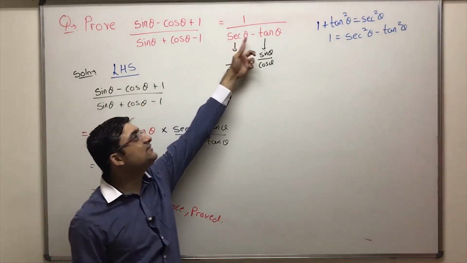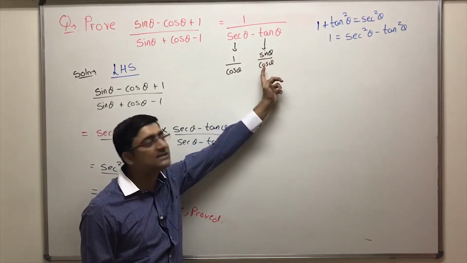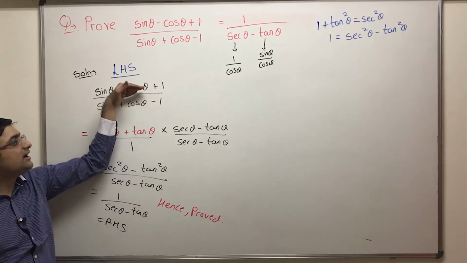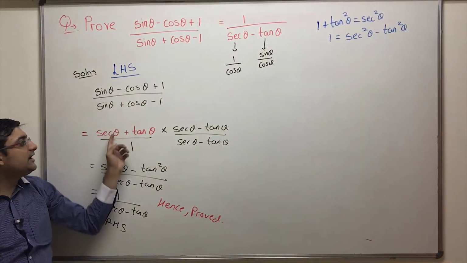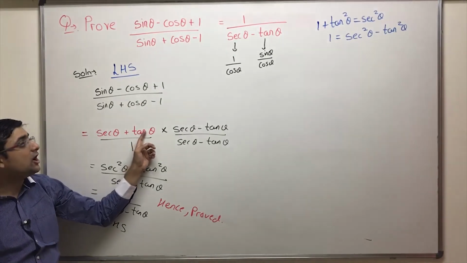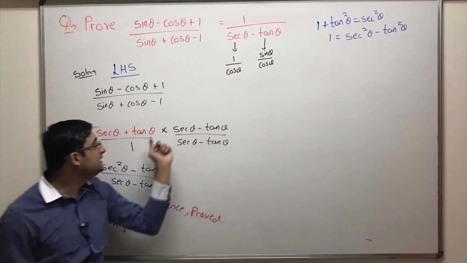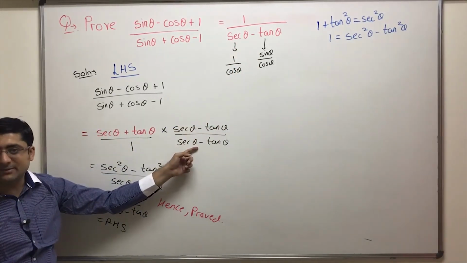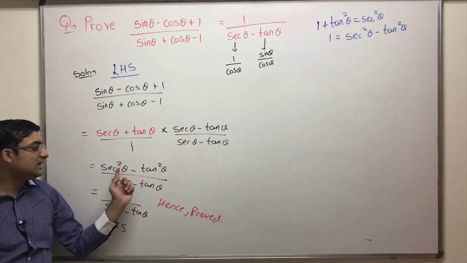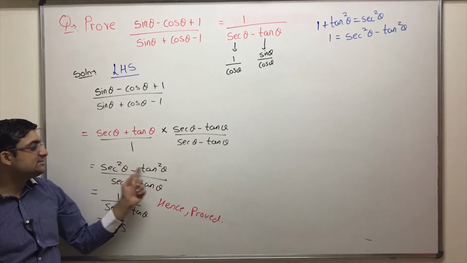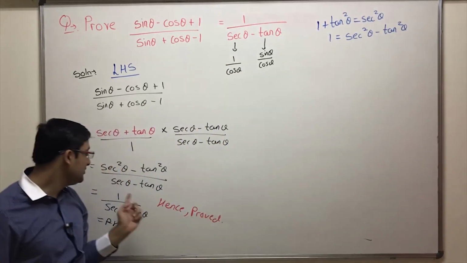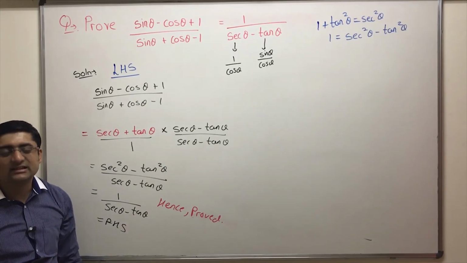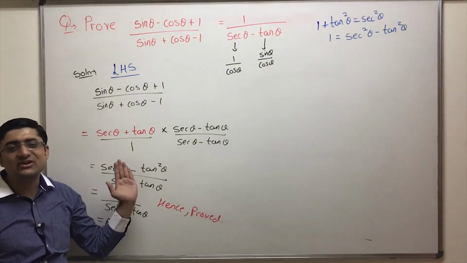So see, in the RHS I have sec and tan. Sec is 1 by cos, tan is sin by cos. In both the ratios I have cos in the denominator. So let's try to get this in sec and tan. So divide numerator and denominator by cos theta. When you simplify, you'll get sec theta plus tan theta. Now, how do I reach 1 upon sec theta minus tan theta? Here the denominator is 1, here it is sec theta minus tan theta. So multiply numerator and denominator by sec theta minus tan theta. A plus b into a minus b is a square minus b square. 1 into this is this. Sec square theta minus tan square theta is equal to 1. So the value is 1 over here. So 1 upon sec theta minus tan theta, that is the RHS. Is this clear? So I hope the thought process is clear. So this is how you solve this question.